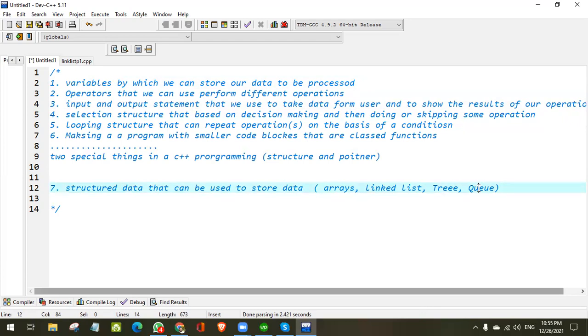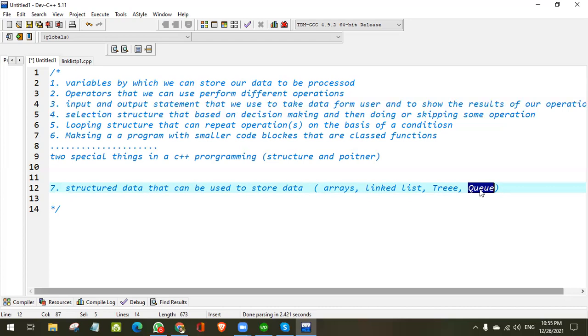For example, if we require dynamic allocation, whenever we want to add a value or remove a value, we should use a linked list. If we need to store values consecutively in a sequence, then we can use arrays. And if we need values to be retrieved in the sequence in which they were stored, that which value is stored first should be retrieved first, that is another structure.